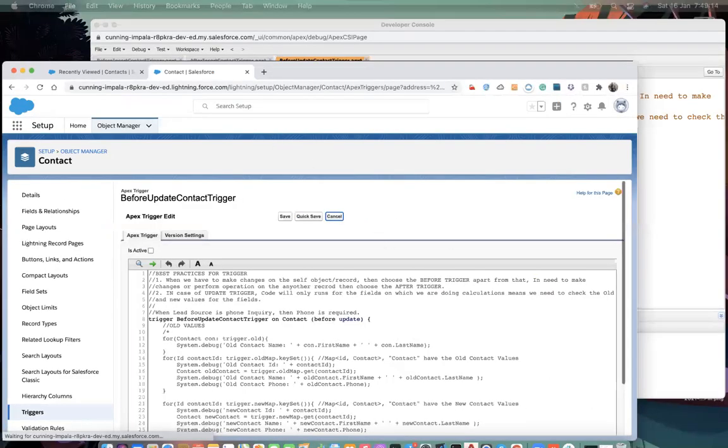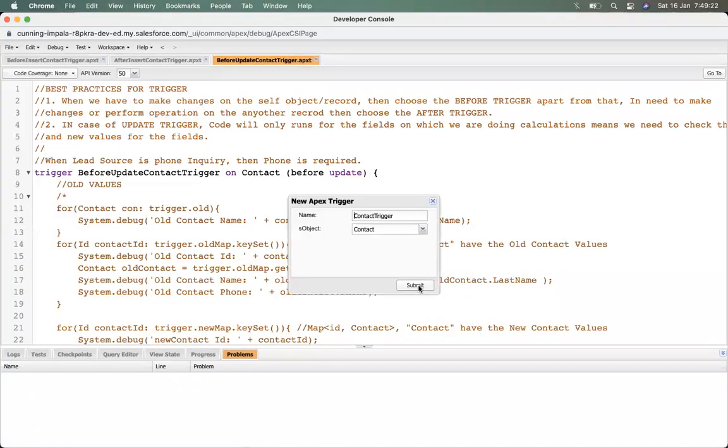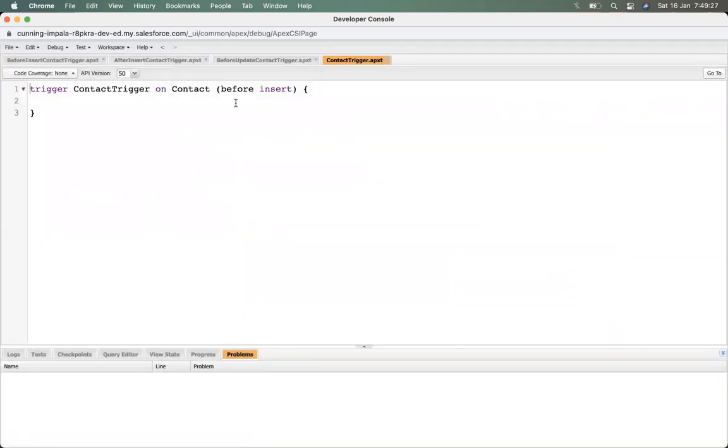I will write a contact trigger and hit submit. So it creates a contact trigger on the contact object.